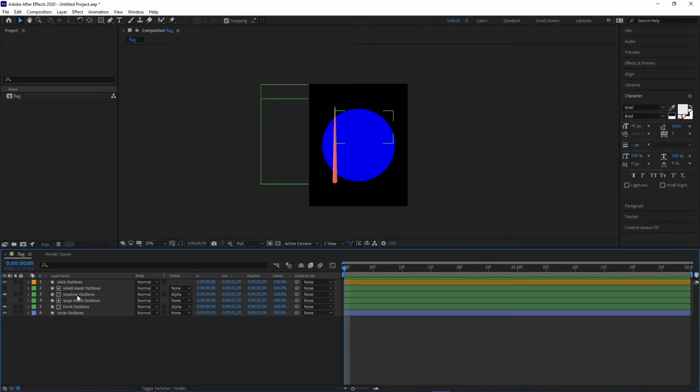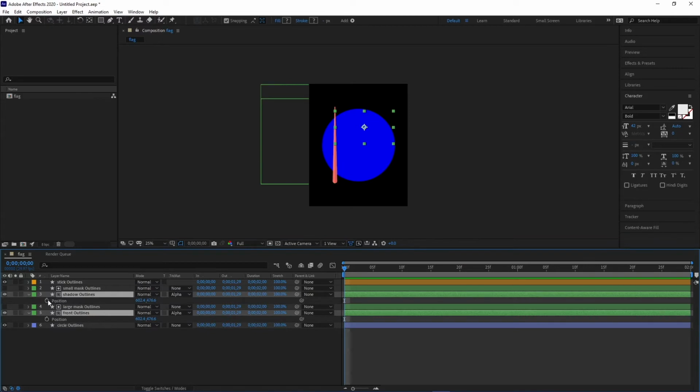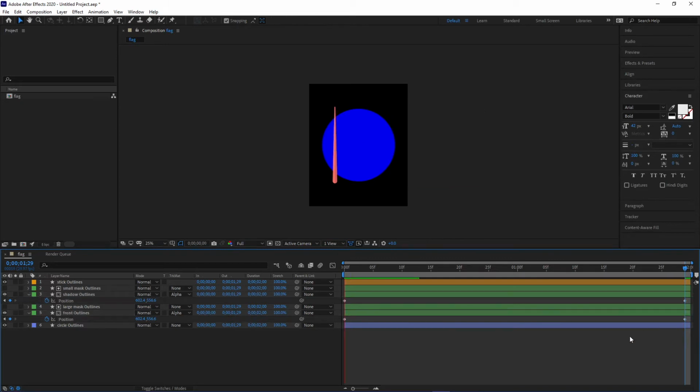Select the shape of the shadow and the shape of the fabric of the flag. Press P on the keyboard and mark keyframe for the position at the beginning of the timeline. Move the timeline cursor to the end of the timeline, and with the Shift plus down button on the keyboard, lower the shapes by about 20 pixels down. Press play and you will see the result. It is highly recommended to press play a lot during the work to see the result at any critical time point.